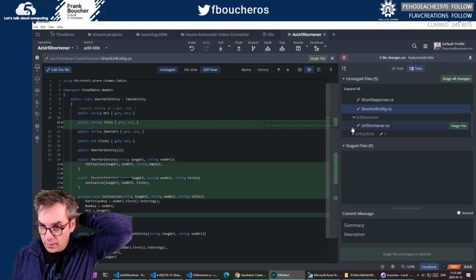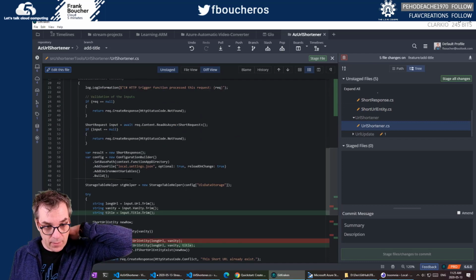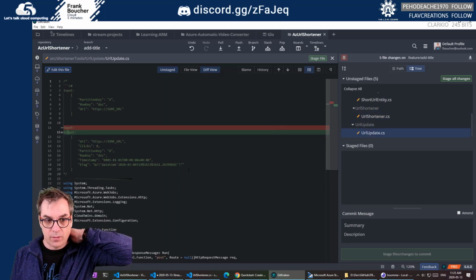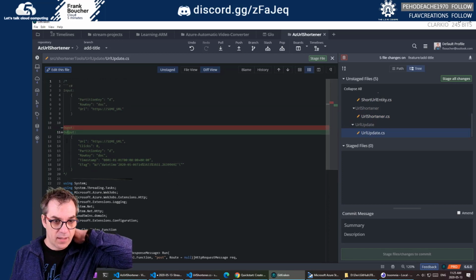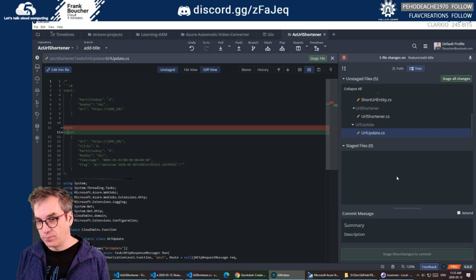And the function itself, we added some documentation on the top and some code where it was used, and I just fixed a typo in the URL update. Instead of output, it will be output. Great.